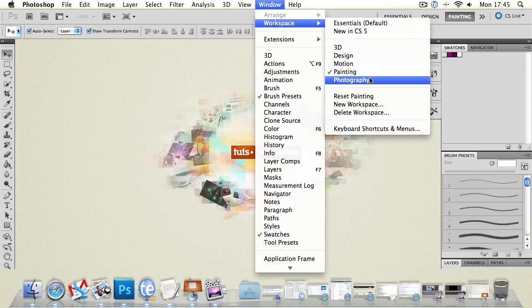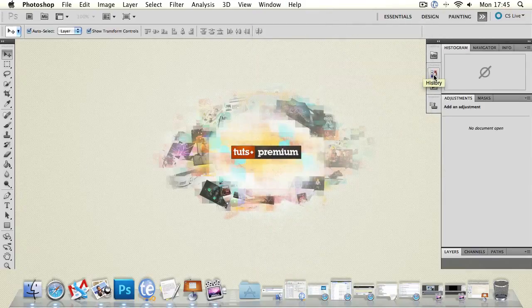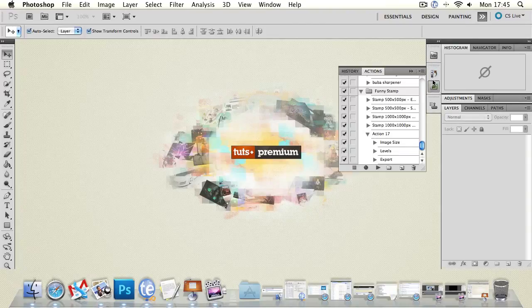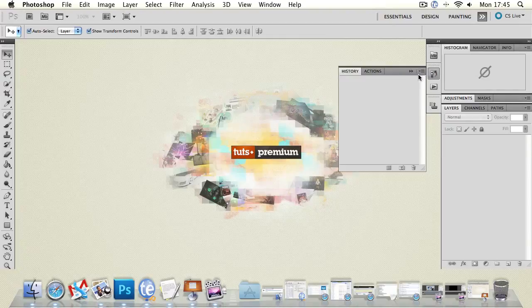And then finally you've got photography, which is aimed more at photographers. So you've got things like the histogram, navigator, information, adjustments that you can make to the colours and levels, and also you've got layers as a standard down here. You don't have things like the character panel here, but you do have actions and history panels,